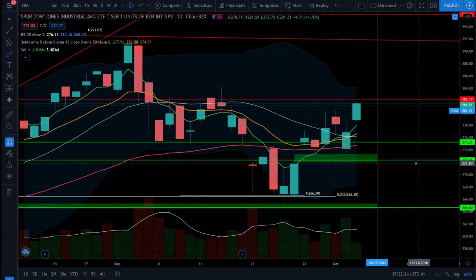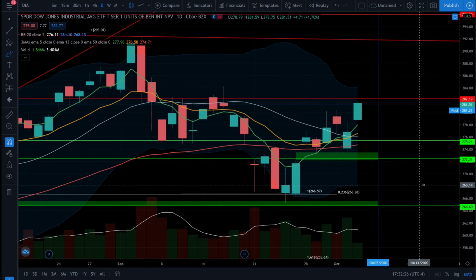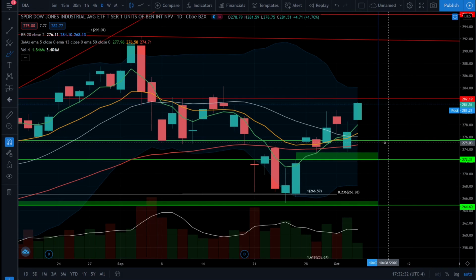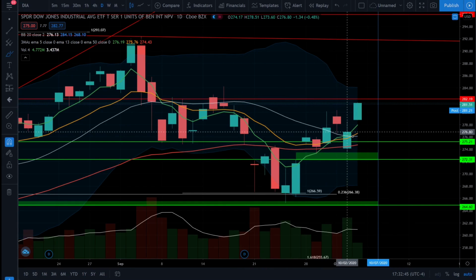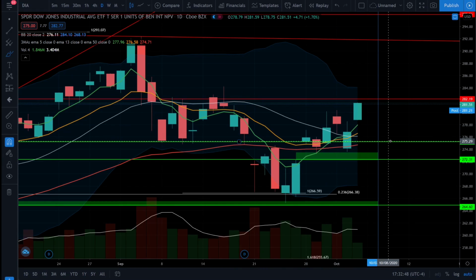Next up is the Dow Jones, and we're looking at the DIA ETF, and we do see very bullish price action on the Dow Jones as well, going up 1.7% today. Now we have a solid close above the 20 simple moving average, and we're starting to see the bullish trend pick up momentum because we see that 5 EMA breaking away from the 13 EMA, showing us that the short-term bullish trend is picking up speed. The 20 simple moving average is nicely flattening out, and it doesn't look like it's at that negative slope anymore,